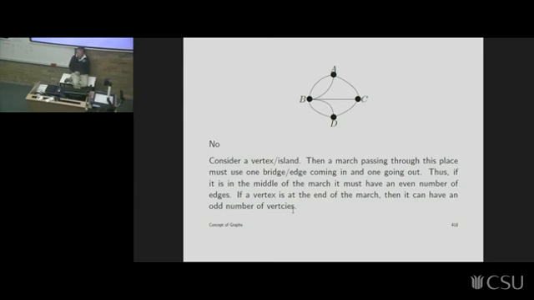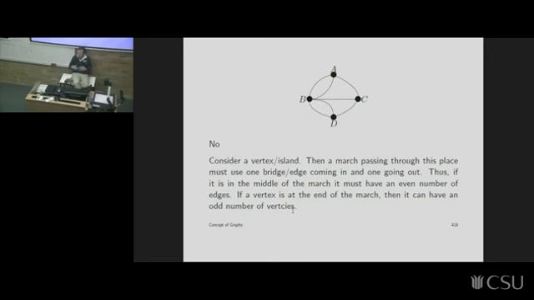So what are the degrees in this case? What's the degree at A in this picture? 3. So 3, which is odd. What's the degree of B? 5. Degree at C? Another 3. So we've got 3 odd numbers already, and the last one? 3. So for it to be traversable, you're allowed to have your starting and end points be odd